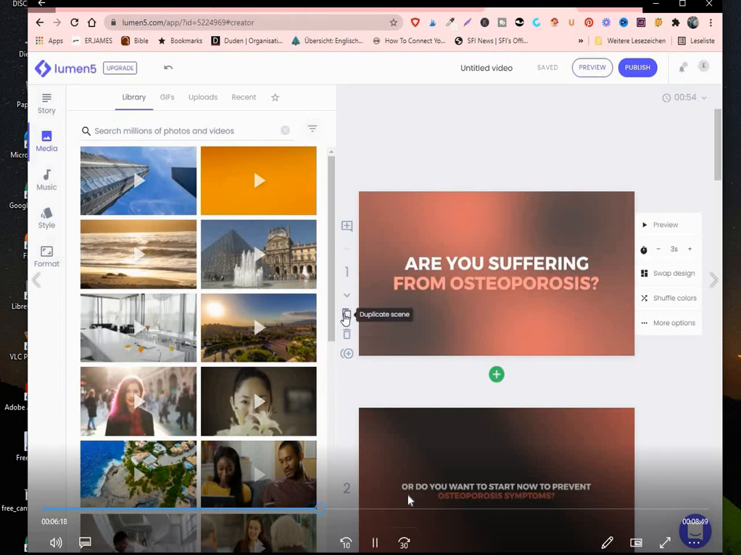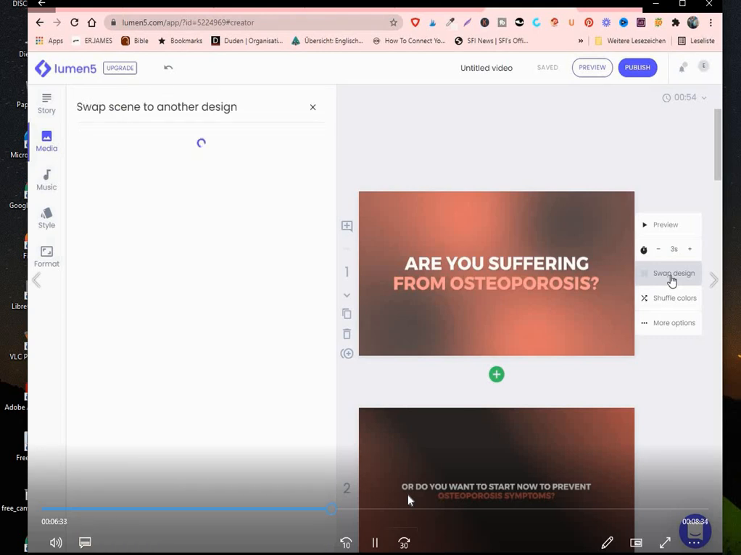As you see it. You can duplicate the slides if you want. You can delete it if you want. You can even add some sub-scenes if you want. You can leave a comment on each of the slides. You can swap the design. So for instance, if I click on swap